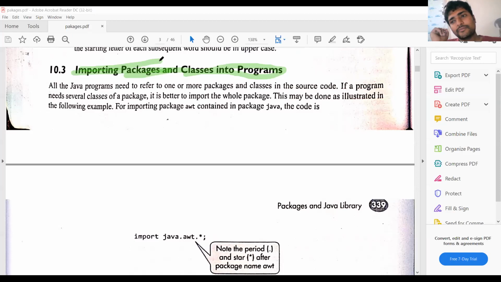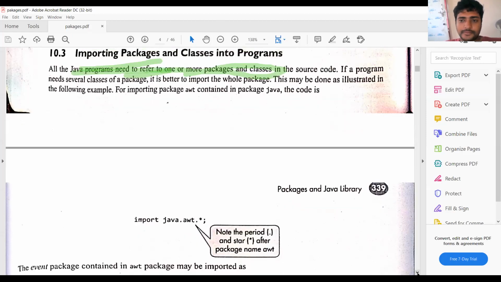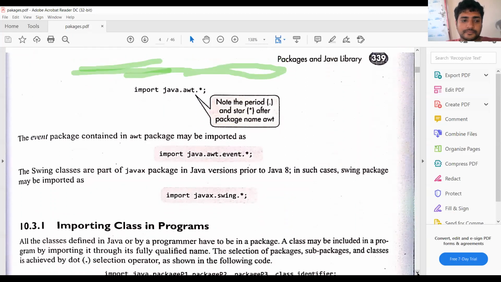So if you want to use some features, some predefined classes, how can you import those packages? The syntax is this one.